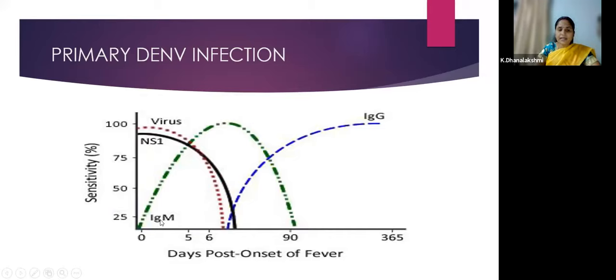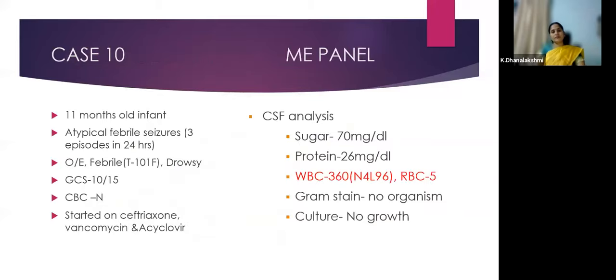And IgM gradually starts and reaches a peak, as with any antibody test we know. It should be ordered after 5 days of illness. So after 5 days, if you want to confirm, then you order an IgM-based test. So this is how we need to correctly apply the RDTs in clinical practice. So this is about tropical diseases.